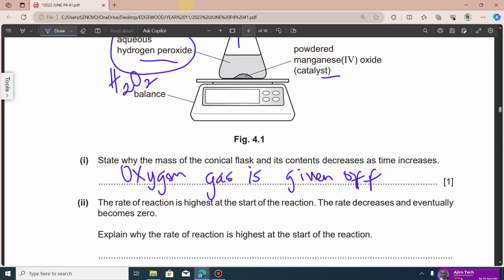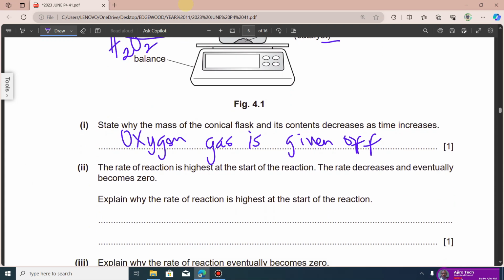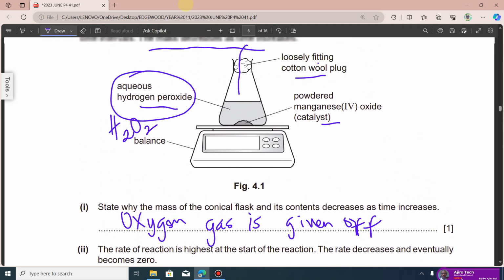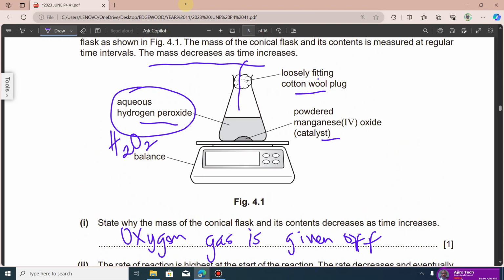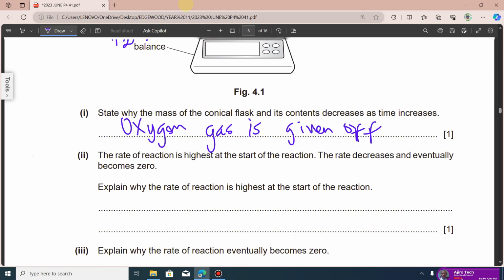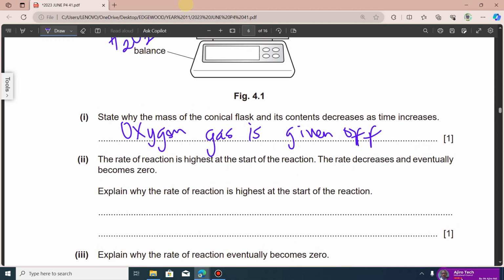The rate of reaction is highest at the start of the reaction. The rate decreases and eventually becomes 0. Explain why the rate of reaction is highest at the start of the reaction. Now, at the beginning of the reaction, the particles of the hydrogen peroxide are close together. Okay, and that is why the frequency of collision is really high. So in this case, what we need to write is that at the start of the reaction,